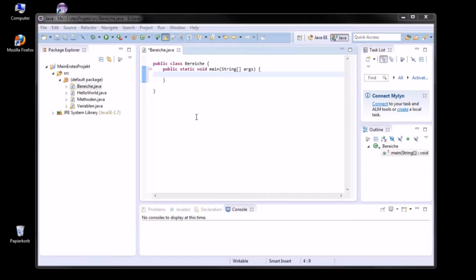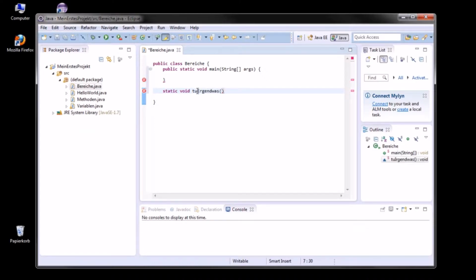You know anything about variables and methods, and you will see the place where you declare your variable is important. It defines where you can use it. I can show you this in an example. So let's make a new method, static void, and do something. I just call it like this. And in this method,